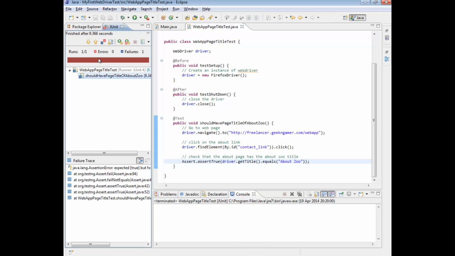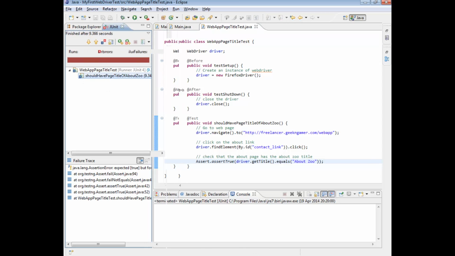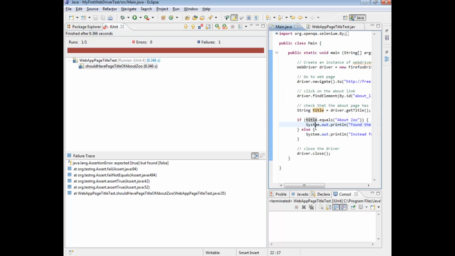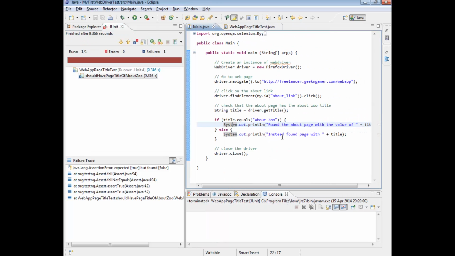So now if you look, we've got a red bar which is different to our green bar. If we have a look a little bit more, what we can see is the test took 9 seconds, but as opposed to a tick, we've now got an X. We've also got a failure of 1, and we can see that the assertion expected something to be true, but it was in fact false. So if you think about this as opposed to this approach here,